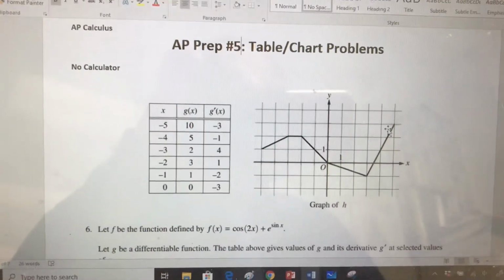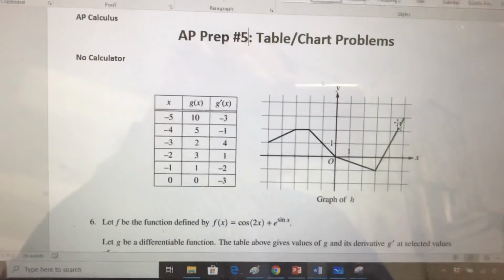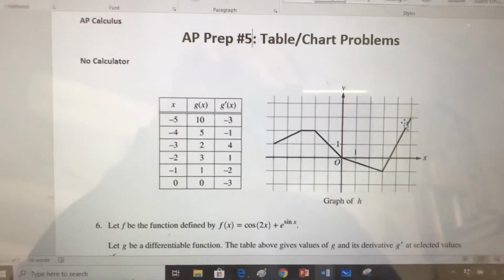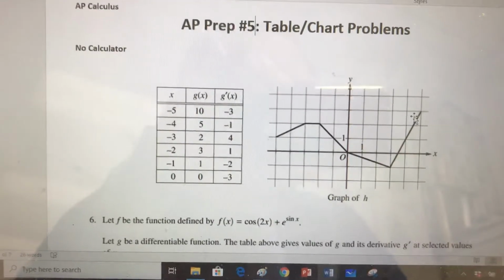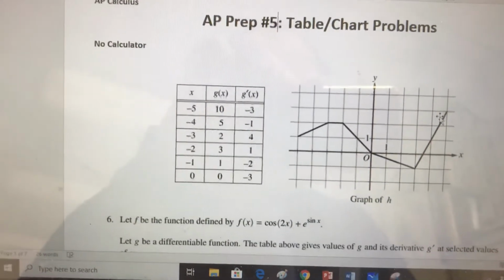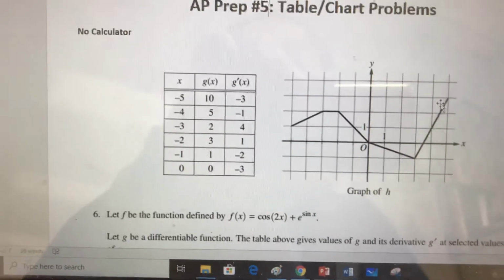We're going to run through AP Prep problem number 5, or I suppose it was actually number 6 from the AP exam it was on. This is a really nice problem. It's a little bit more recent. It's a little bit more complicated on the surface, and yet it's exactly the kind of problem that you should